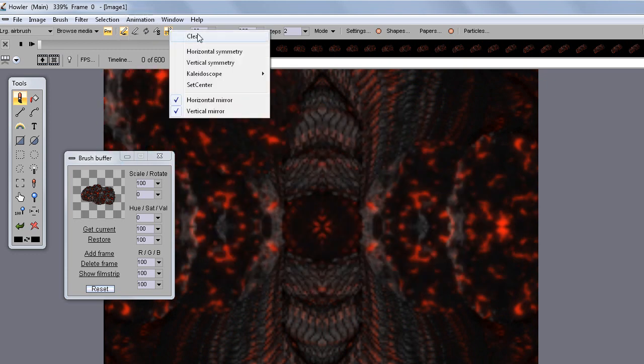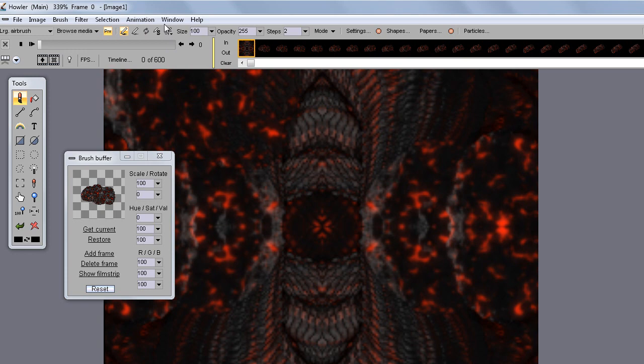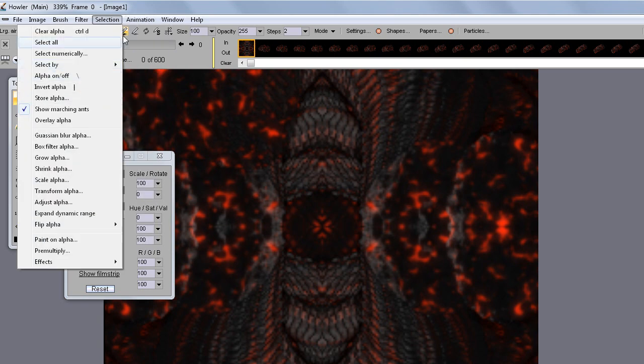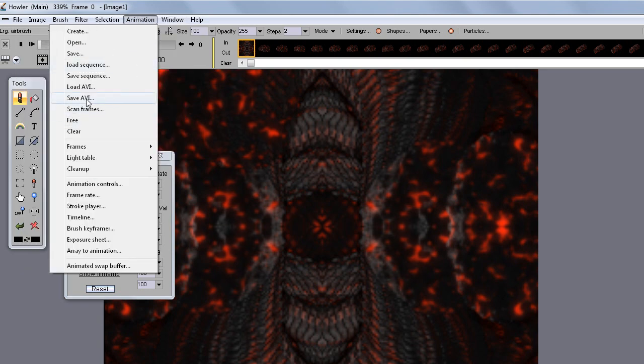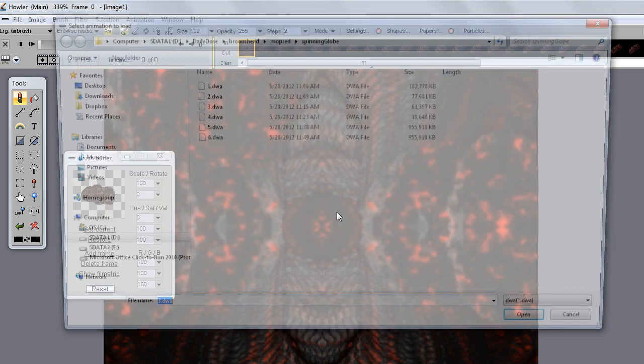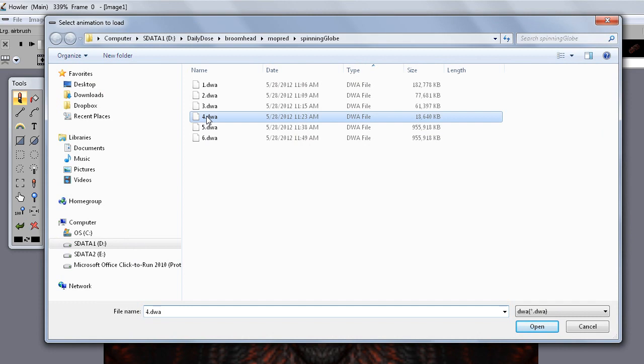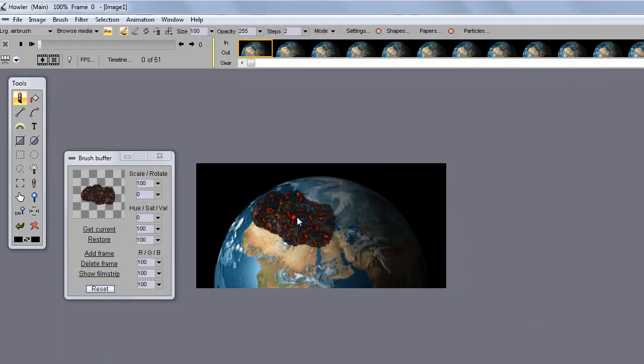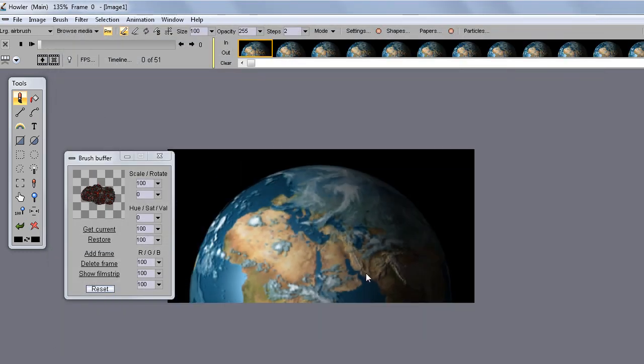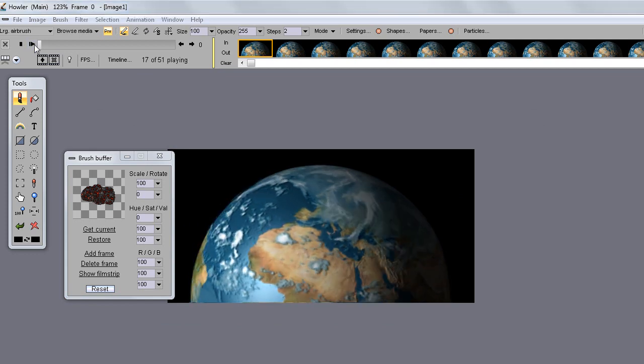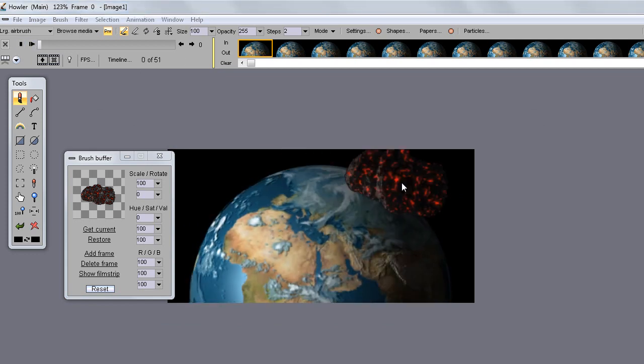But what we want to do now is clear the mirror and load our animation of the globe that we had in the background. So let's go and open, what was it, number 5 or 6? Let's take number 4. Let's see where we are with that one. Alright, so that one is our globe that's spinning ever so slowly, and we'd now like to paint that meteor